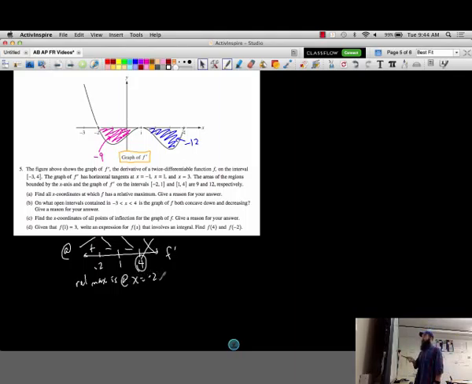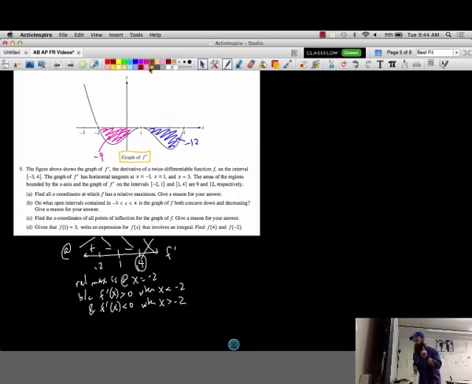Now it's really important when they say give a reason for your answer that you give the justification that we talked about earlier in the year, which is the derivative is positive to the left of -2 and negative to the right. So please make sure anytime you're justifying for relative extrema, you give that justification. So that's part A. Part B says on what open intervals contained in -3 to 4